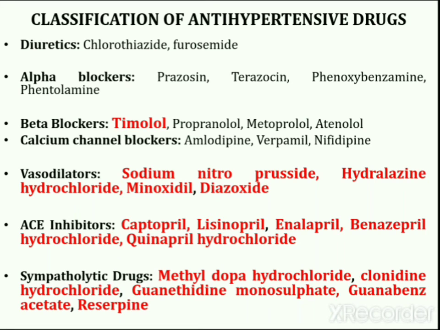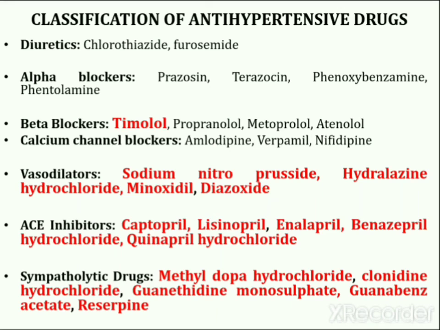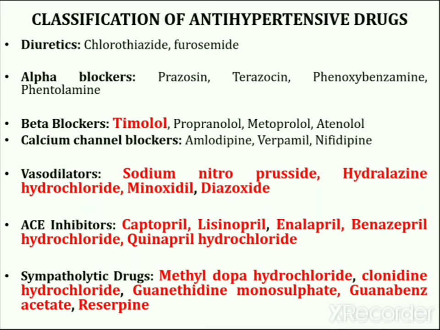Angiotensin converting enzyme inhibitors. This group of medication will reduce the conversion of angiotensin I to angiotensin II and prevents vasoconstriction. Last category is of sympatholytic drugs. Sympatholytic drugs are agents that decrease the activity of the sympathetic nervous system. In this classification, marked drugs are included in the PCI syllabus.